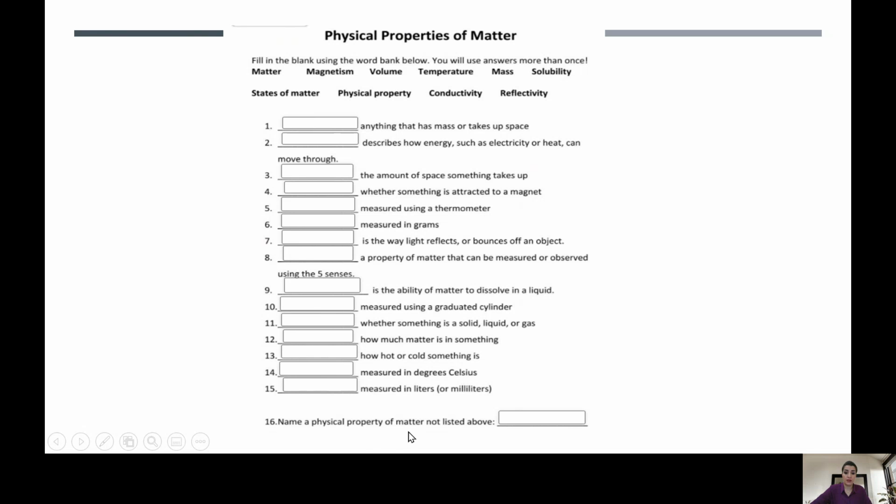Name a physical property of matter that is not listed above. For example, I talked about solubility, it's there. Size, for example, is still a physical property and it's not listed over here. Okay,